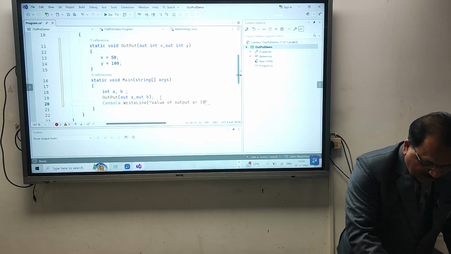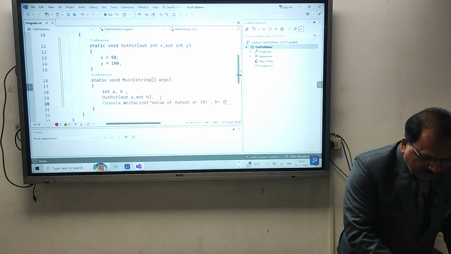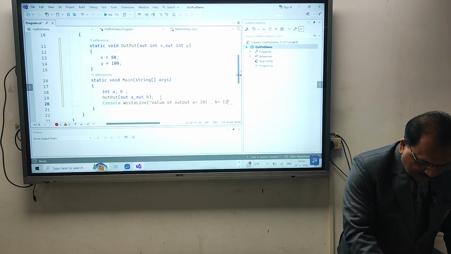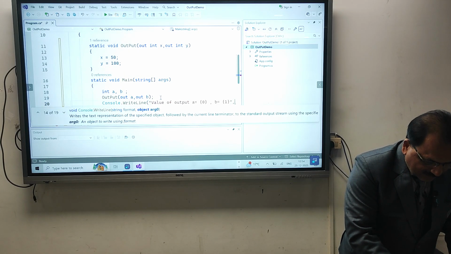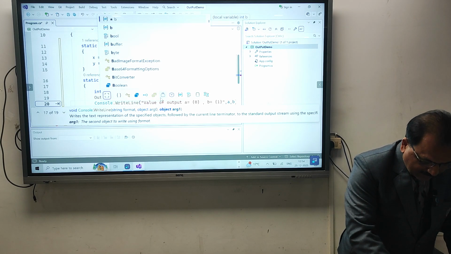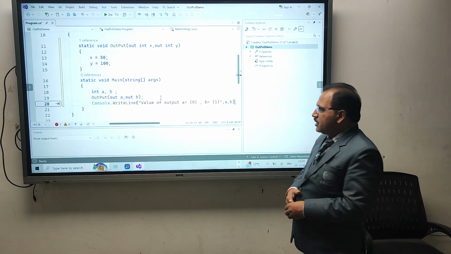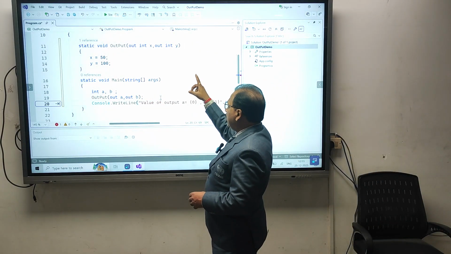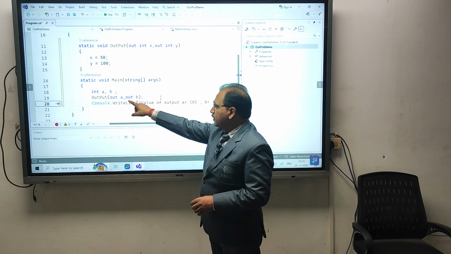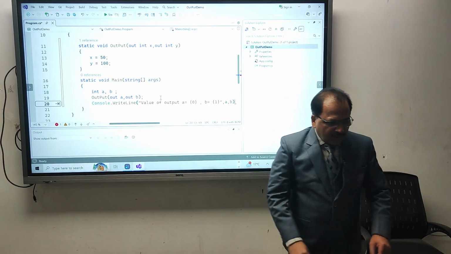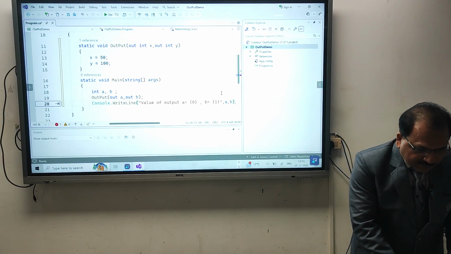So this is the placeholder which I am going to write here, comma, b equal to, again a placeholder, that is position number 1. This is replaced by the value of a and then the value of b. That means a is referring to x and b is referring to y. So whatever value you set in x and y will automatically be returned back to a and b. So that we have done.